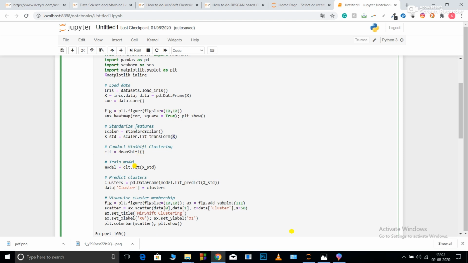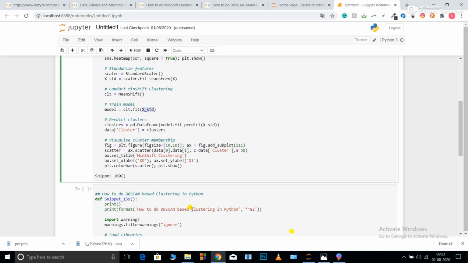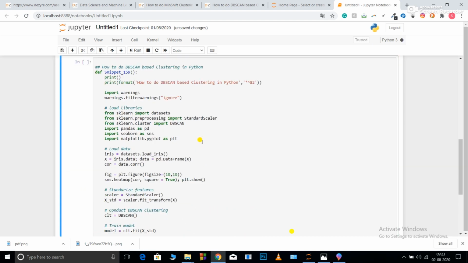After that, ct.fit(x_standard), and then I'm converting this fitted model into the predicted clusters in a data frame named cluster, and we'll be using this cluster data frame to plot the graph for visualization. So you can see these are all the codes over here. Now let me run this.